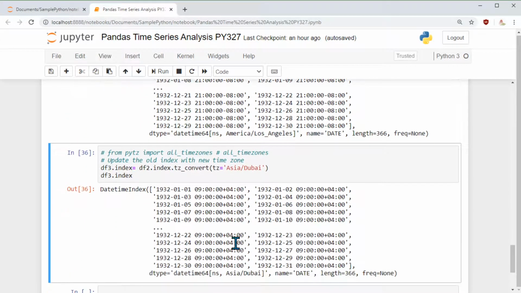So that's the reason here you have +4, so it is 4 hours ahead of GMT time, right?